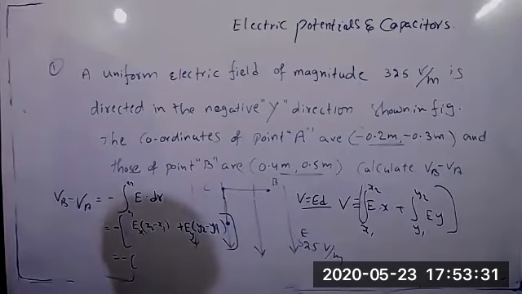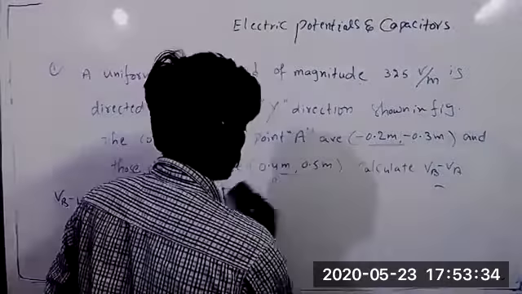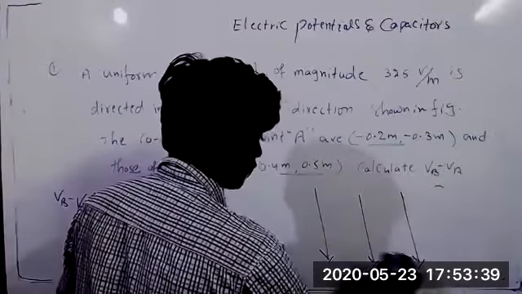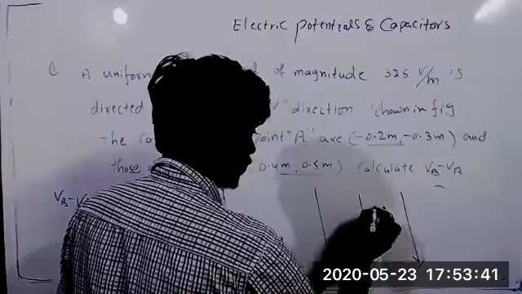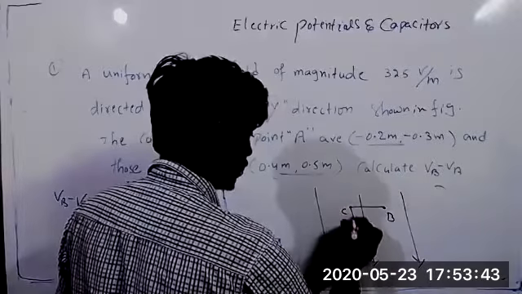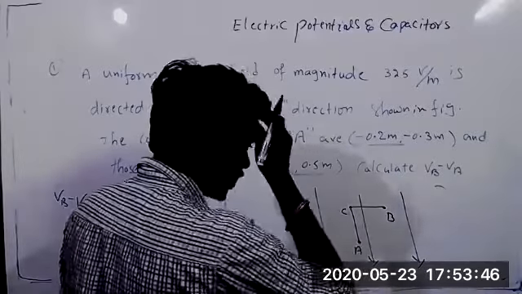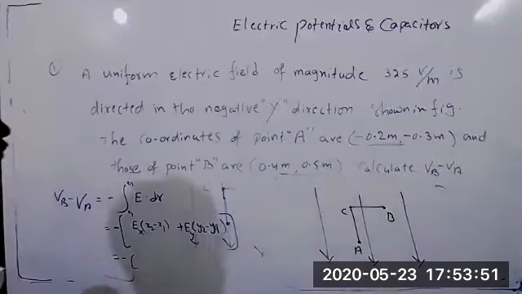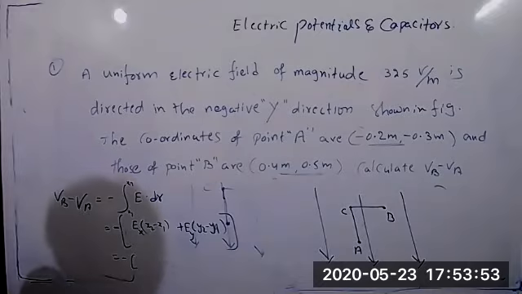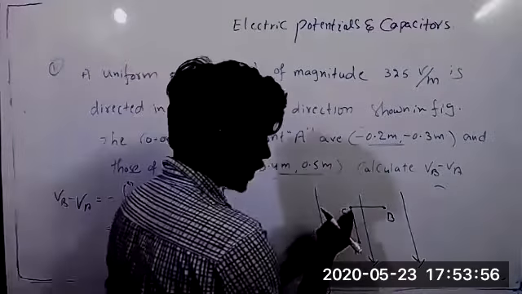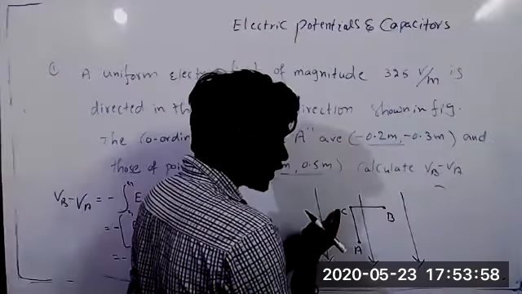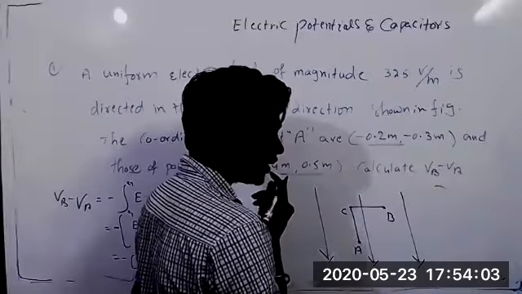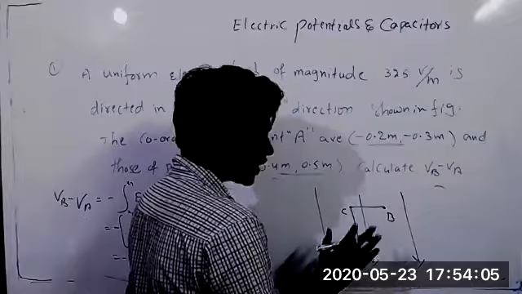See the question properly and say, okay. They give an electric field in this manner. One point is here, that is B. One point is here, that is C. One point here, that is A. Now, what is the electric potential difference between C and B? Zero. No, there is no difference. How much potential will be here? Same potential will be here. But if you compare C and A, what will happen? Potential difference will be there.